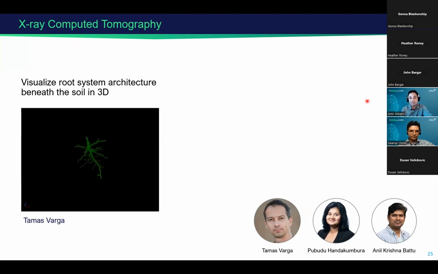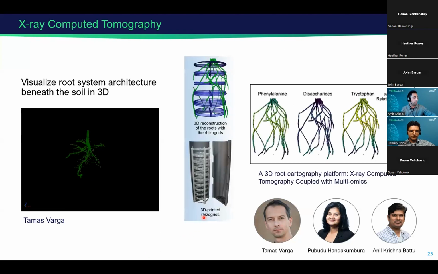So as you see in this video, we can generate a 3D computer model of the root system in native soil, which is very informative for us to get access to specific root traits and root morphological and topological information. So XCT can also be hooked to omics platforms and microbial analysis for decoding the chemical language of plant communication in